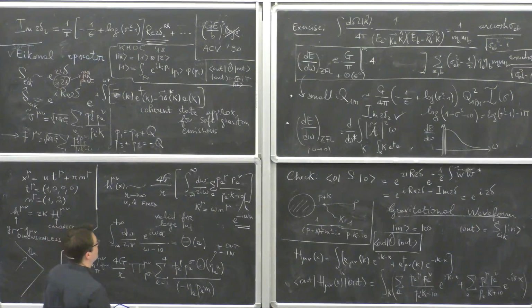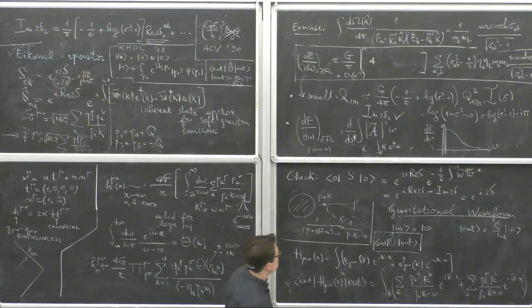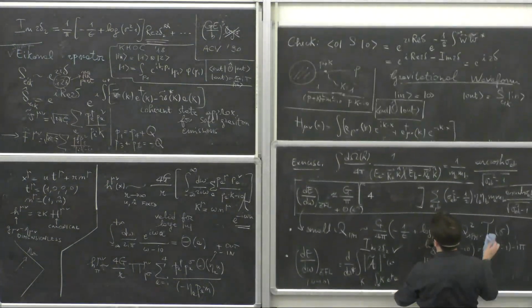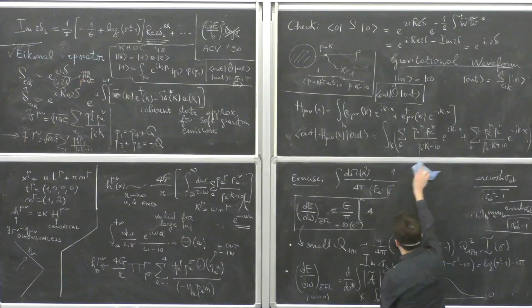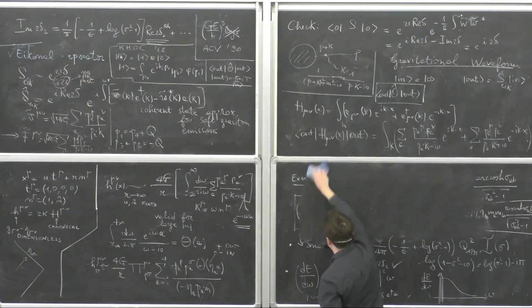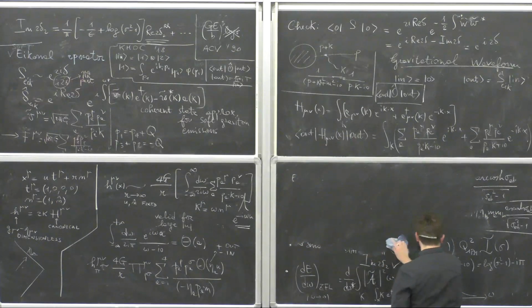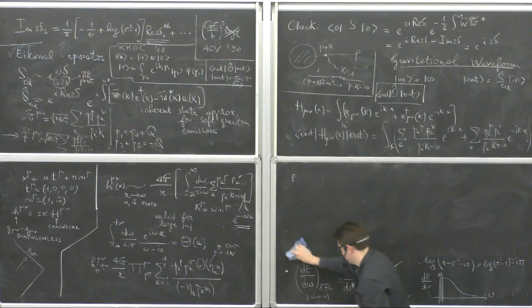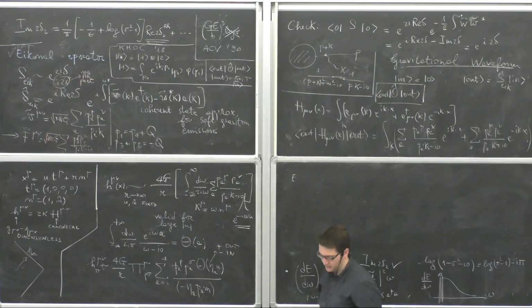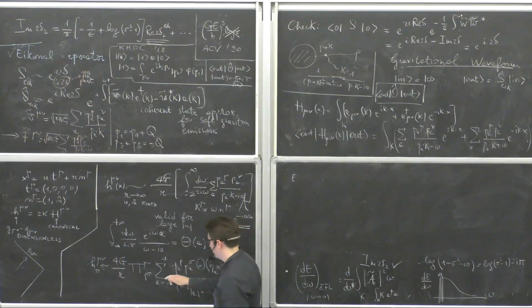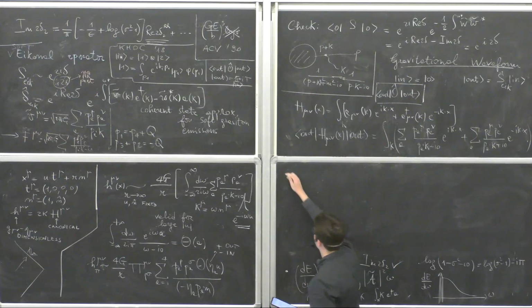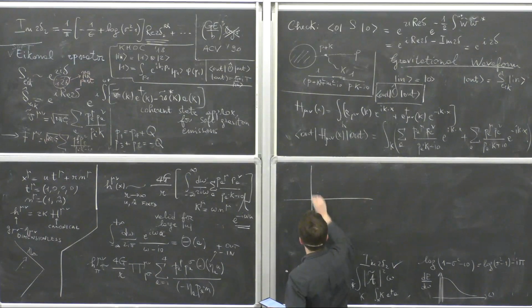So let me draw a picture and then conclude. Maybe let me draw it over there. So from this derivation, from the eikonal operator, we recovered a very nice result that in particular was discussed in a paper by Strominger and Zhiboedov, namely the fact that the Fourier transform of the leading order soft theorem is the memory effect, right? This is exactly the formula for the memory effect. The picture I wanted to draw is